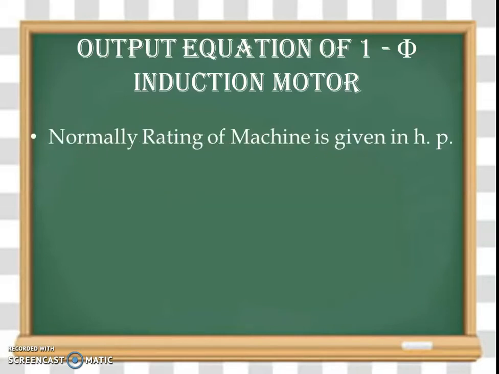From equation number 1, we know that normally in the case of a single phase induction motor, the output ratings are given in horsepower, normally fractional horsepower. How do we convert it into a kVA rating? Q, that is the kVA rating, is HP, the given data, multiplied by 0.746 and divided by efficiency, that is eta, and multiplied by power factor, that is cos phi. Let us call it equation number 2.